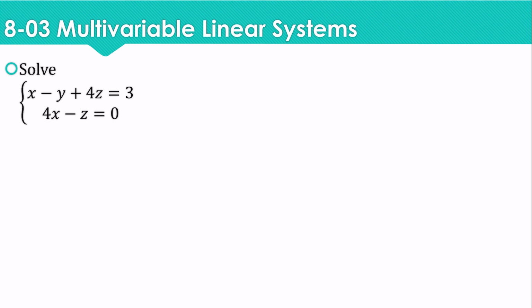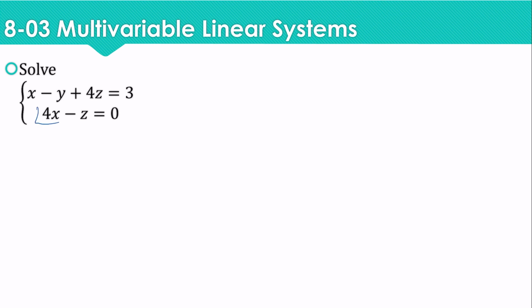Let's try one more here. Well, this is a problem. We only have 2 equations. So that means that we can't have a full solution, because you have to have at least as many equations as variables to get one solution. So this will necessarily be many solutions. But let's still get it in